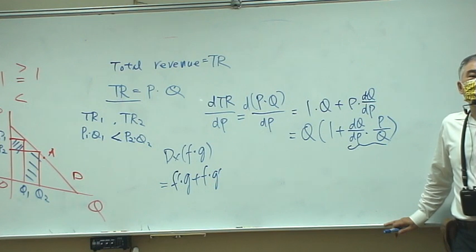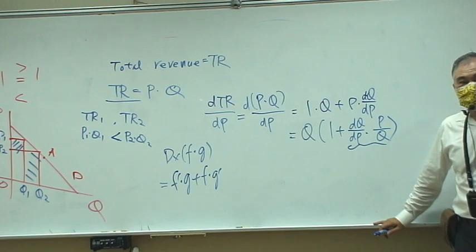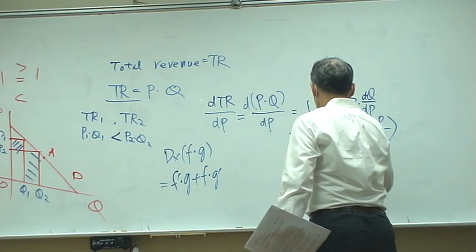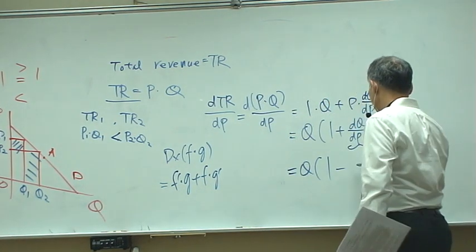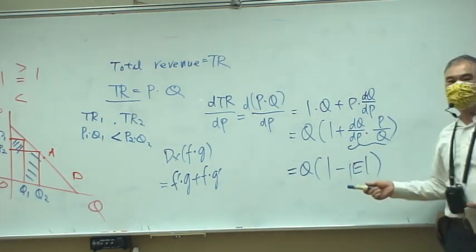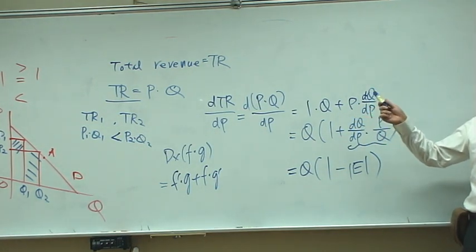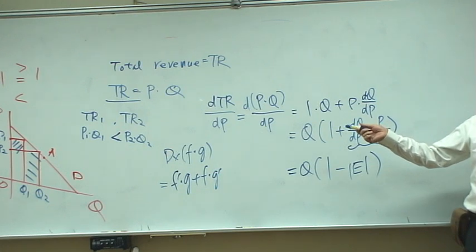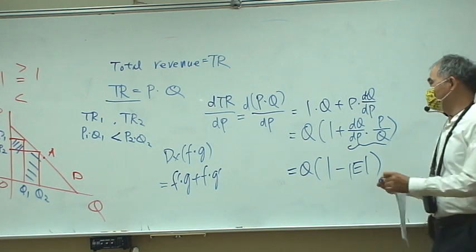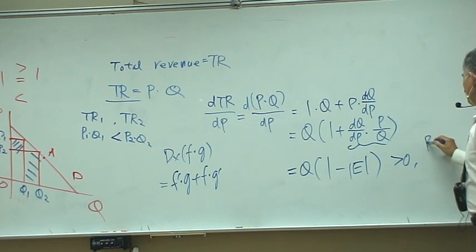Lin Yuxiang, what is this? Exactly, price elasticity of demand, right? So here it is Q plus, minus. Here is exactly elasticity, right? So why did I put a minus here? Because we know that price elasticity of demand is negative, right? And so I put an absolute value here and a negative here, right? So you can see if this is greater than 0, it means P and TR,